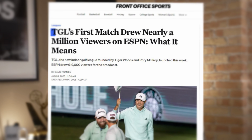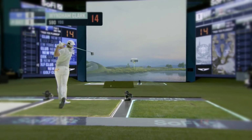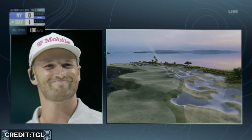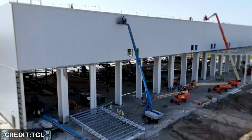On January 7th, TGL teed off its inaugural season. Nearly 1 million people tuned in on ESPN as a 1,500-seat stadium hosted probably the most technologically advanced golf match of all time. TGL is a mix between simulation golf and traditional golf, played indoors in a venue that looks